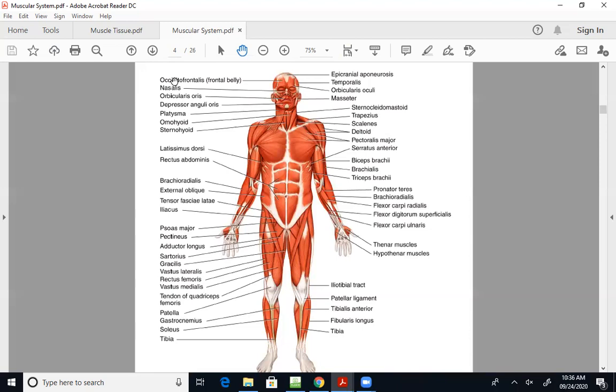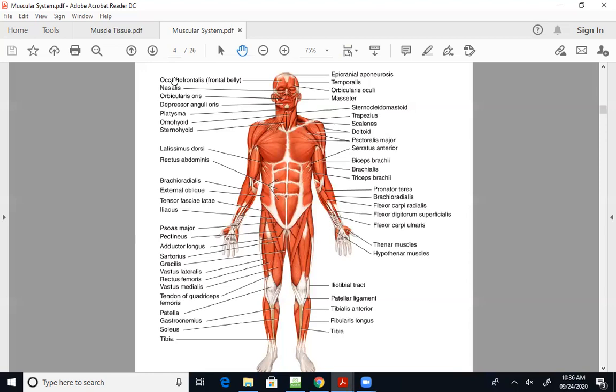And then you can skip down to orbicularis oris, platysma. The latissimus dorsi I don't highlight here, but it is one we're going to know. That's a big back muscle, but it attaches kind of in your armpit, as you can see. So they label it, but I would never ask you to know it there because it's really too hard to tell. But do highlight the rectus abdominis,